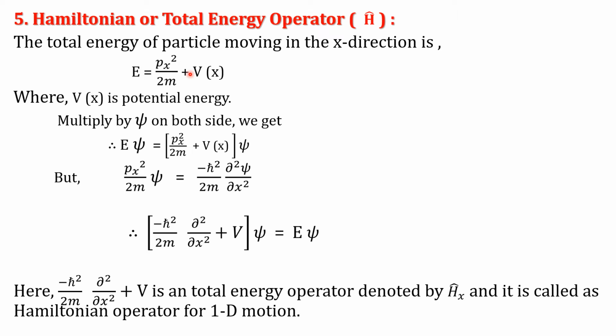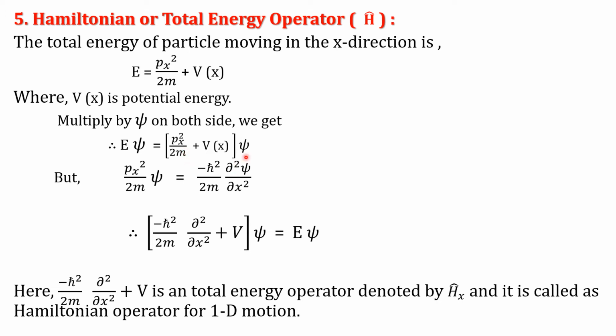That total energy is E equal to px square by 2m plus V of x, where V of x is the potential energy. Now we simplify this equation by multiplying psi on both sides. We get E psi is equal to px square by 2m plus V of x psi. Here we find the value of px